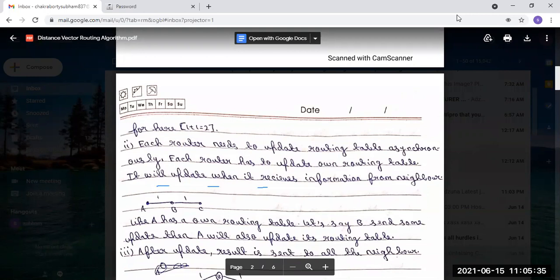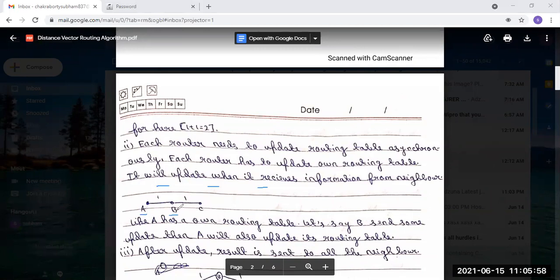That means each router has to update its own routing table when it receives information from a neighbor. Let's say A has one routing table, B has its own routing table, and C has its own routing table.